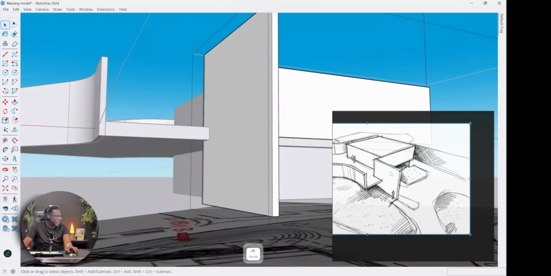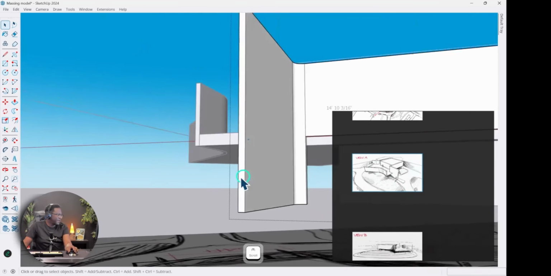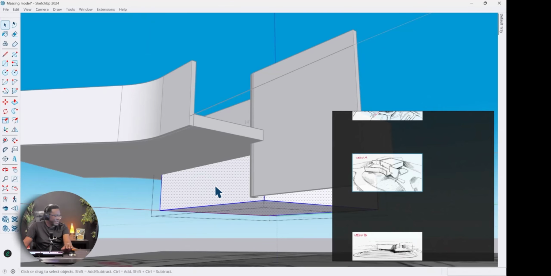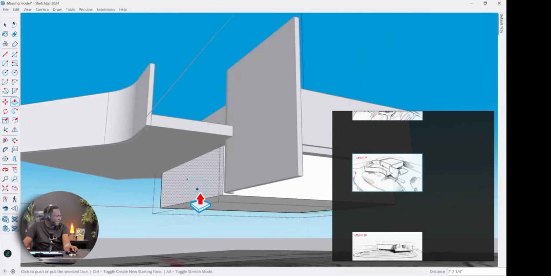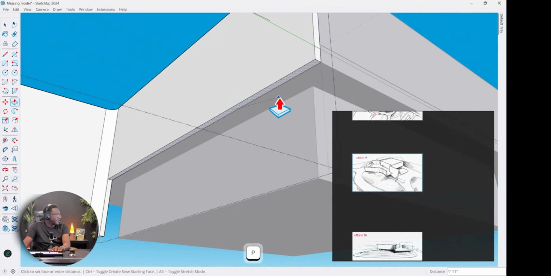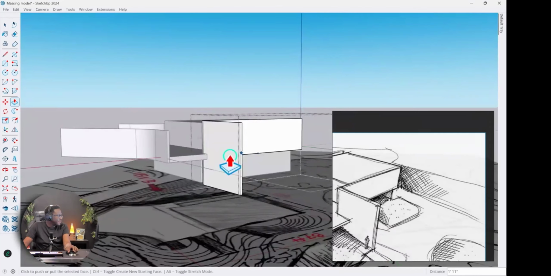Let's see. I'm not sure what will happen on the ground floor, but I would say let's not leave this space here. So maybe I would extend this a little bit further this way. This is just a sketch, so I'm just making this up as I go along. Now we're going to extrude this down. Yeah, I think it does something.